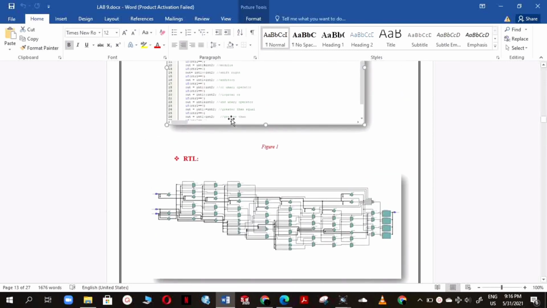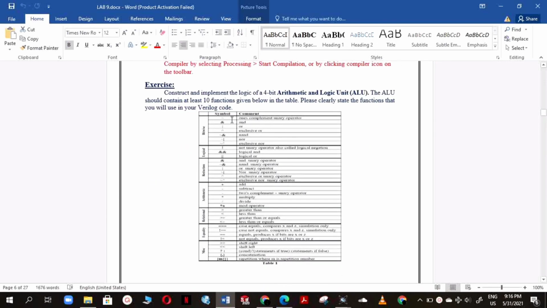Now we are going to implement our arithmetic logic unit by using 10 different operations.